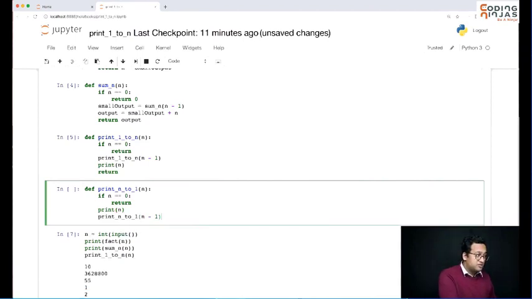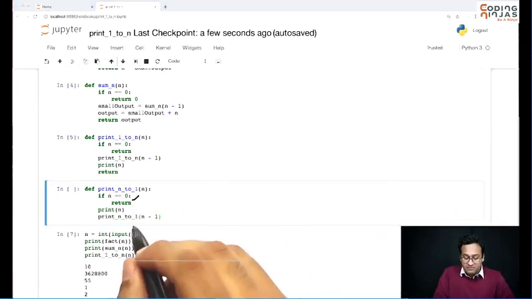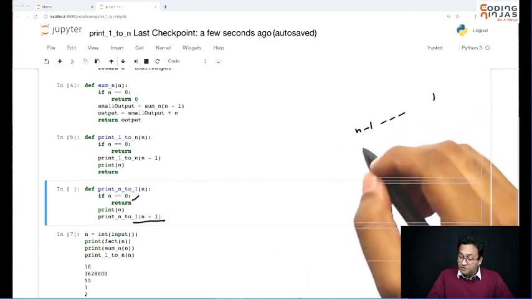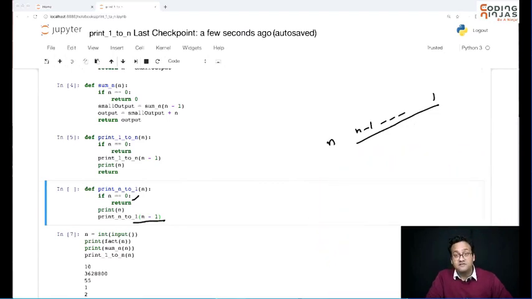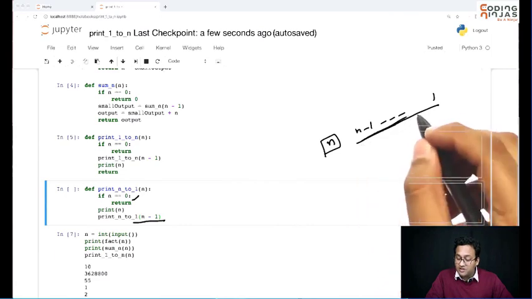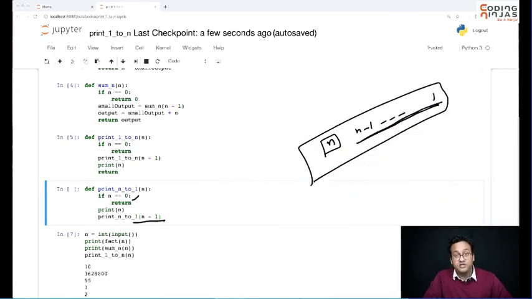Now once I've done this, let's see if this is going to work. Base case is correct. My induction hypothesis is that it's going to print from n minus 1 till 1. And before it prints any of this, I am printing n myself. So I have done my work correctly, and now if this function works properly, the whole thing works properly.